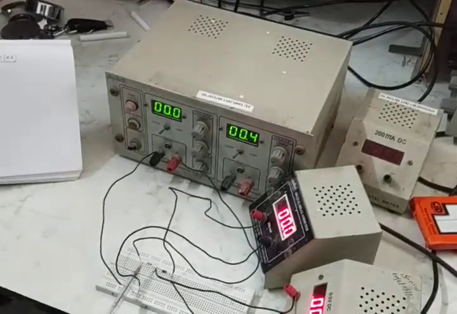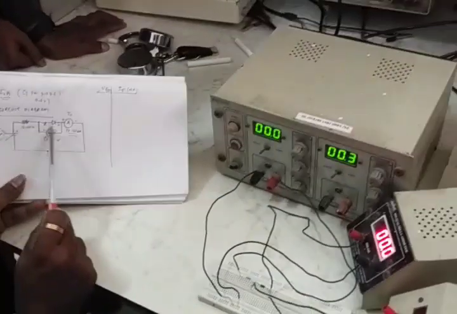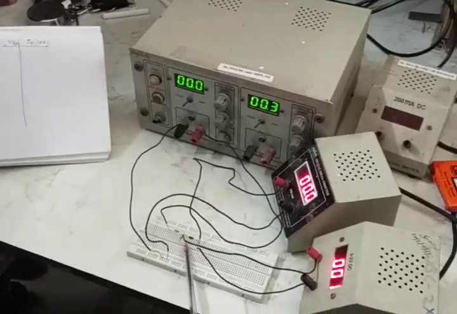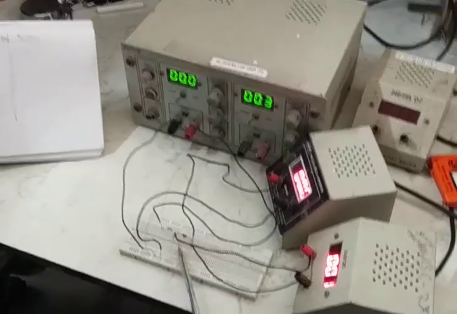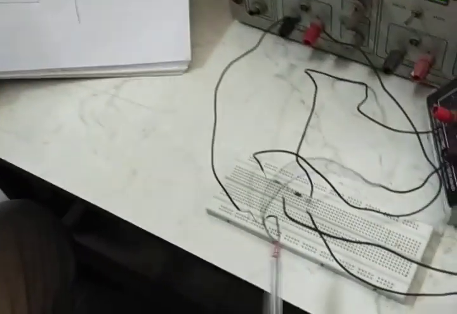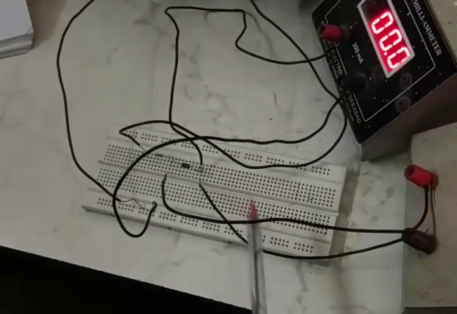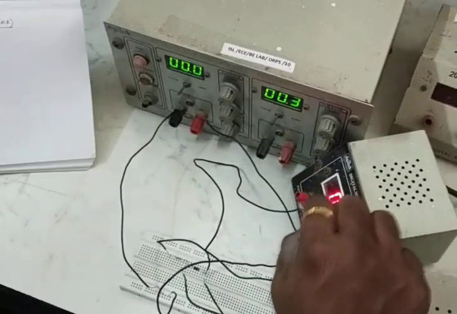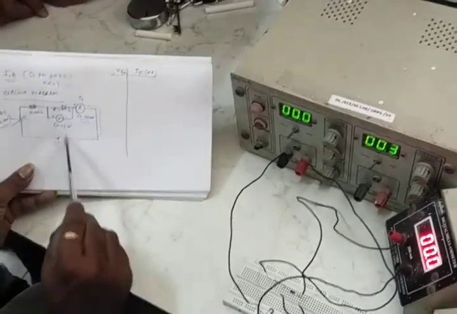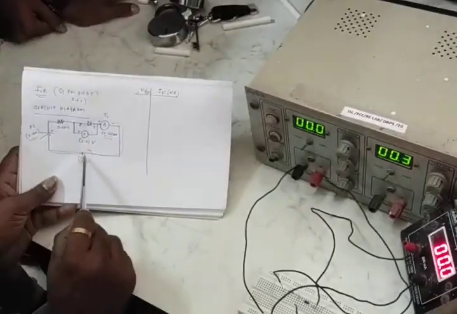This is a resistor. A resistor cannot have positive and negative. The other end of the resistor is connected to the diode anode, whereas the diode cathode is connected to the ammeter positive. Then the ammeter negative is connected to ground, where the power supply negative is also connected to ground.